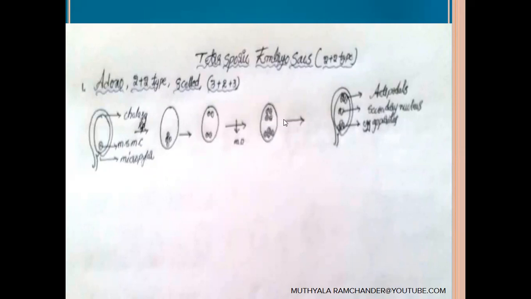From each corner, one single cell moves to the center region of the embryo sac. They act as a secondary nucleus. And the remaining 3 cells present at the micropylar region act as the egg apparatus. The remaining 3 cells act as antipodals. Finally, the Adoxa embryo sac is similar to the Polygonum embryo sac. It contains 2+2 type. It contains 8 cells. They are arranged in 3, 2, 3: 3 means antipodals, 2 means secondary nucleus, 3 means egg apparatus. These are the tetrasporic embryo sac types belonging to 2+2 type of embryo sacs.